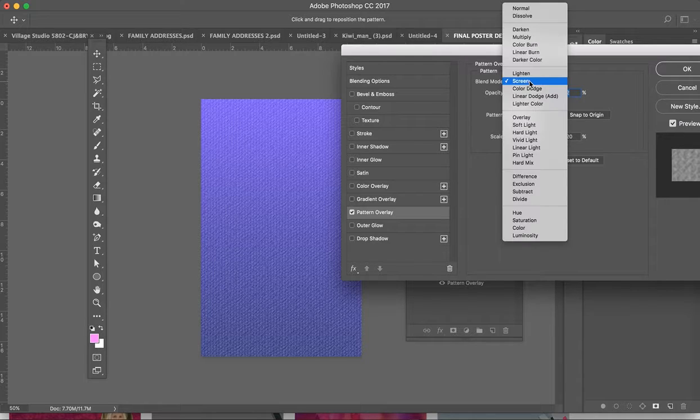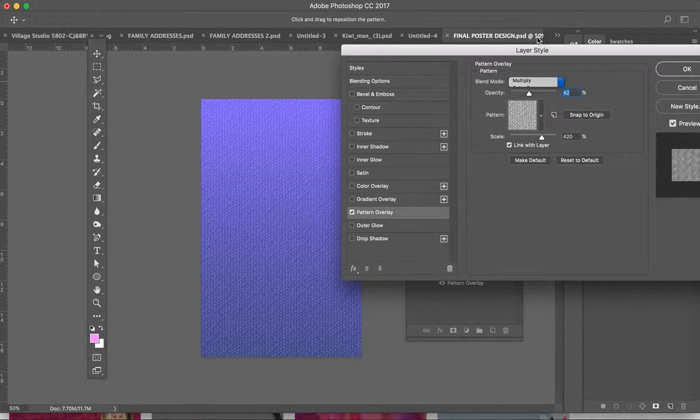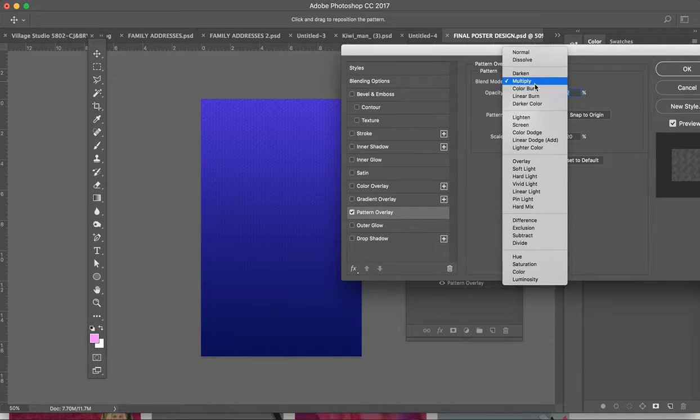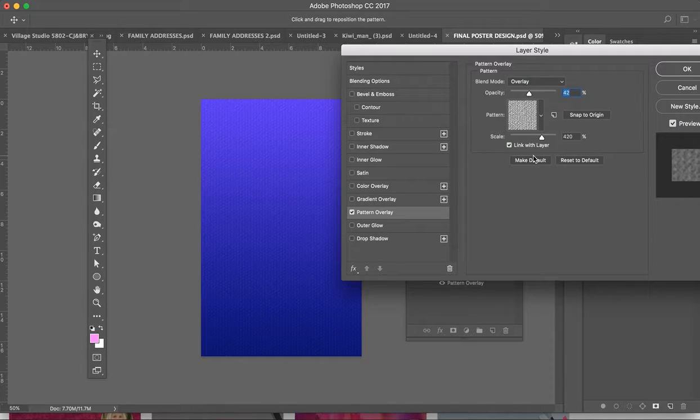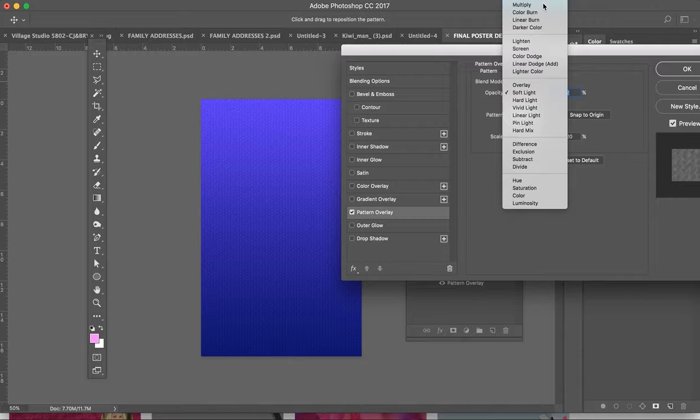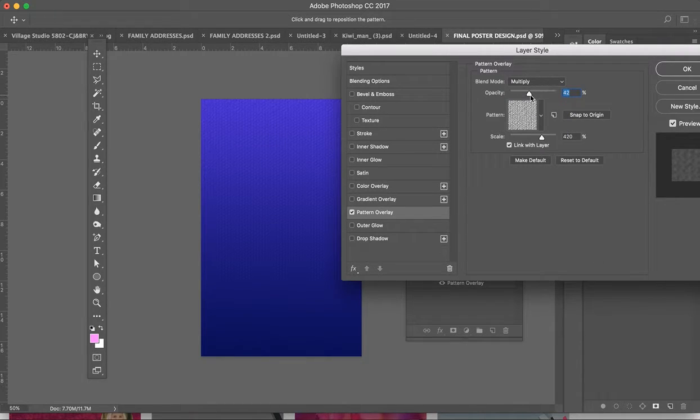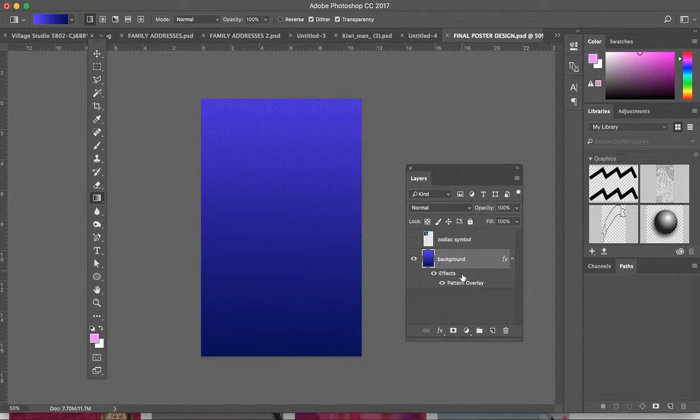I can also change the blend mode. So right now it's on screen, but you can check out what happens when you put it on multiply, color burn. That looks kind of cool. So changing the blend mode changes the effect. I'm going to just keep it on, I actually like multiply. Okay. All right. So you can see that it added an effect to my background. So there's a lot of things you can do with your background